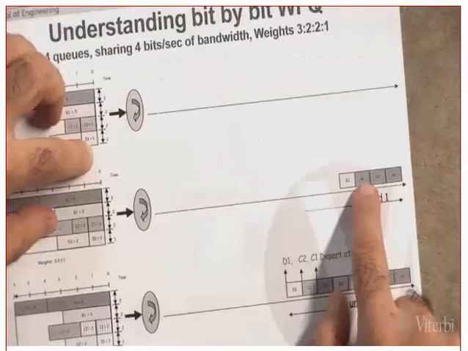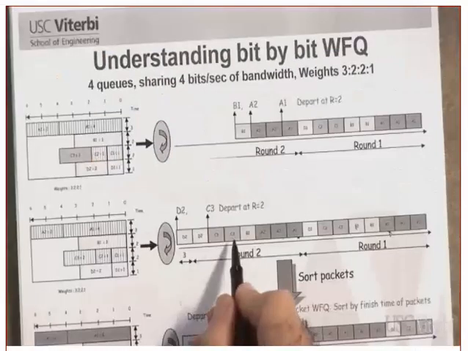Which means what type of model is this? That's a Bernoulli model. Either there is a packet or there is not. The probability that there is a packet is P. The probability that there is no packet is 1 minus P. So now, let's see if you can help me. What is the probability that an arrival on input J is destined to output 1? Why? We are interested in queue number 1.